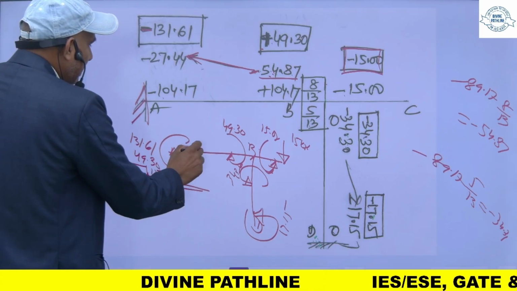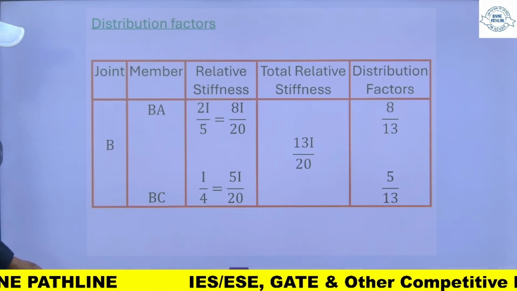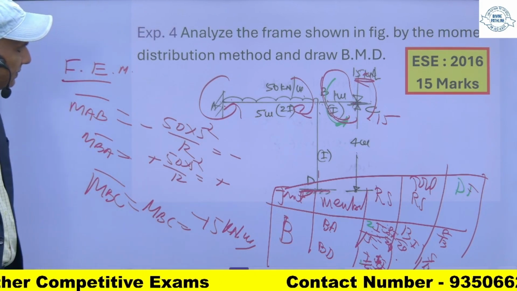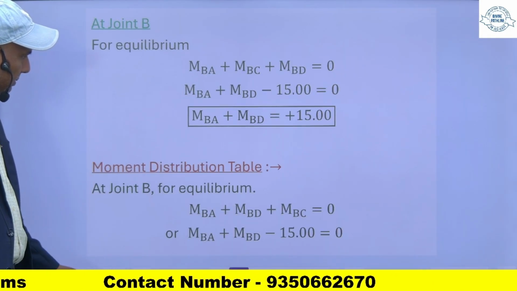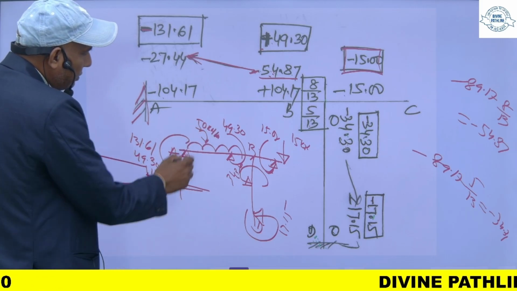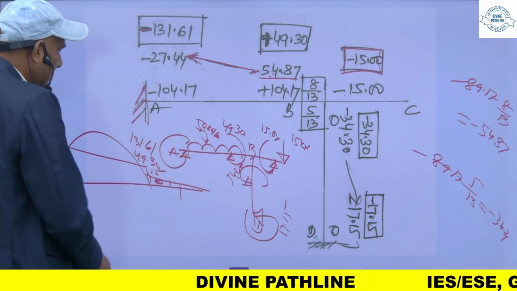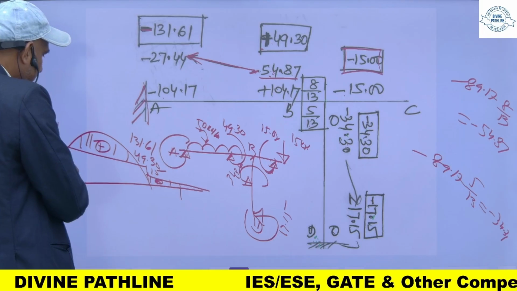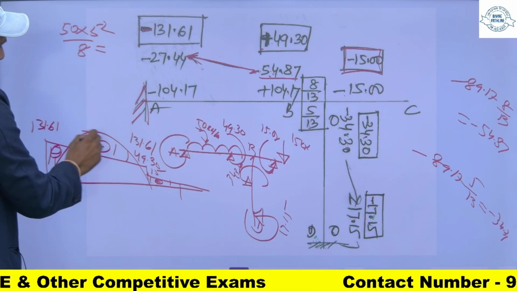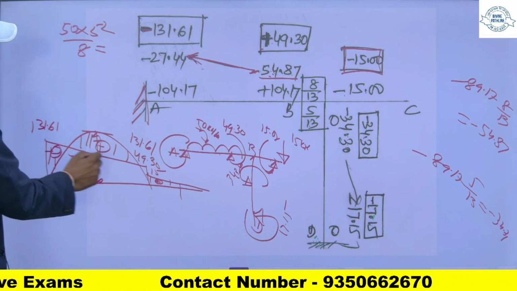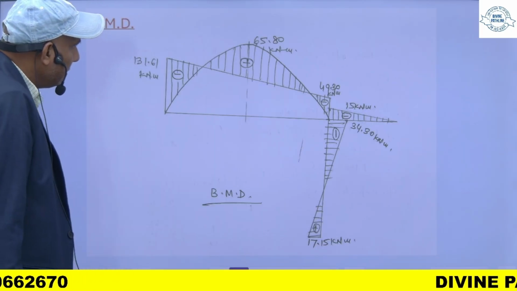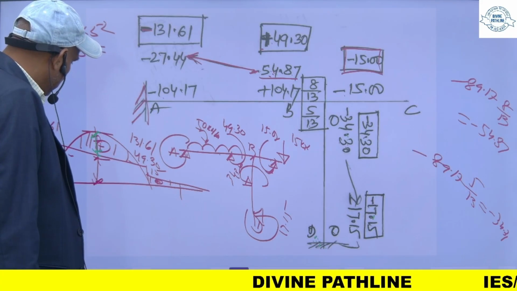अब यहाँ पर क्योंकि यूडीएल भी लगा हुआ है मेरा, ये यूडीएल क्या है, 50 किलोन्यूटन पर मीटर यूडीएल है तो इसकी वजह से सैगिंग मूवमेंट भी आएगा, और ये 50 किलोन्यूटन पर मीटर है। यहाँ पर मूवमेंट क्या आएगा, WL²/8, सिंपली सपोर्टेड ट्रीट करके, तो ये ऐसा होगा। जब हम उसको सुपरइम्पोज करेंगे, मुझे ऐसा मिलेगा। तो ये वैल्यू 50 into L², L is 5/8, so you will get this ordinate. उस ऑर्डिनेट में से ये अगर हम माइनस करेंगे, इंटरपोलेशन से फाइंड करके, तो मुझे ये मिल जाएगा। और ये फ्री बॉडी डायग्राम है, you will get 65.80। ये 65.80 मिल जाएगा।